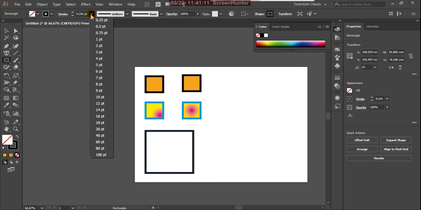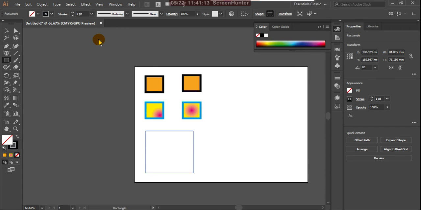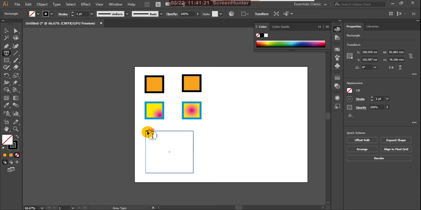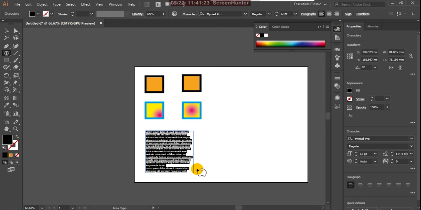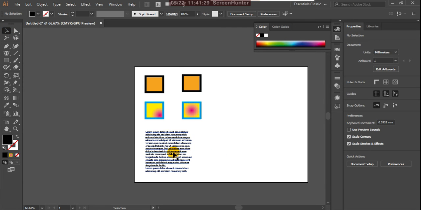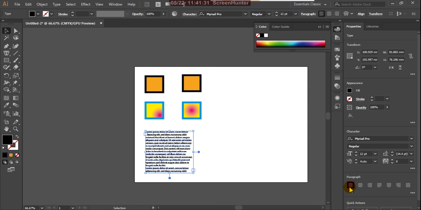This outline also, I want only one. Now I'm using the area type tool. With the area type tool, I click on that and fill in text. Yes, this is in left alignment. Check the alignment, it is in left.